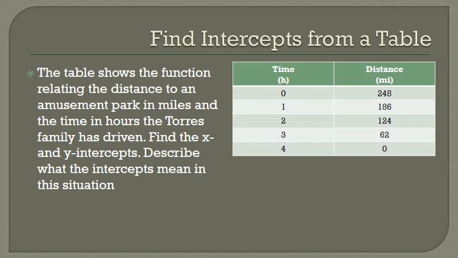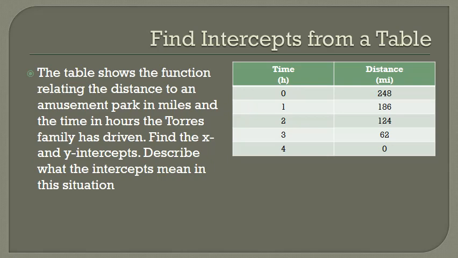Well, we're deepening our understanding of graphing linear equations, by looking at different ways in which we can, one, determine what is a linear equation, and then also graph it. And in this example, we're talking about finding the X and Y intercepts from a table. Now, this relates to page 157 in the textbook,